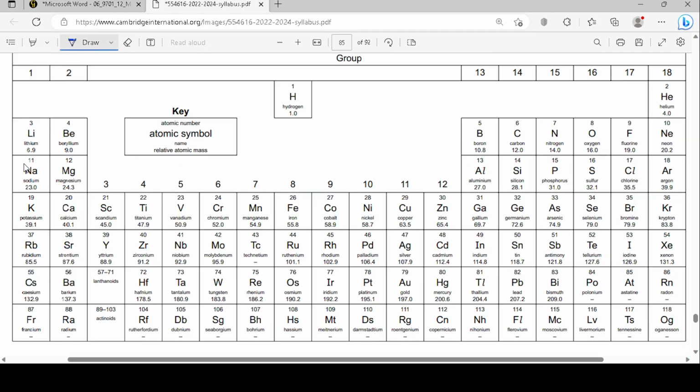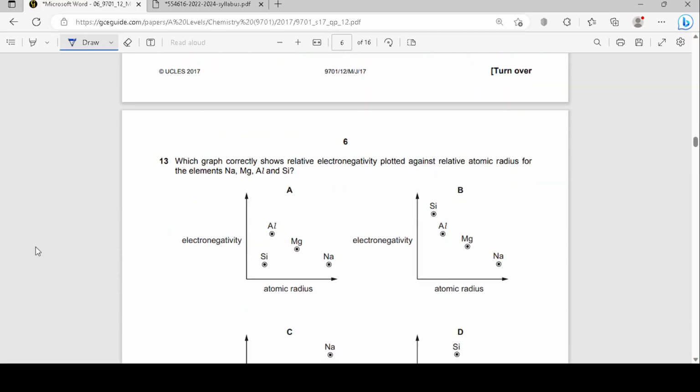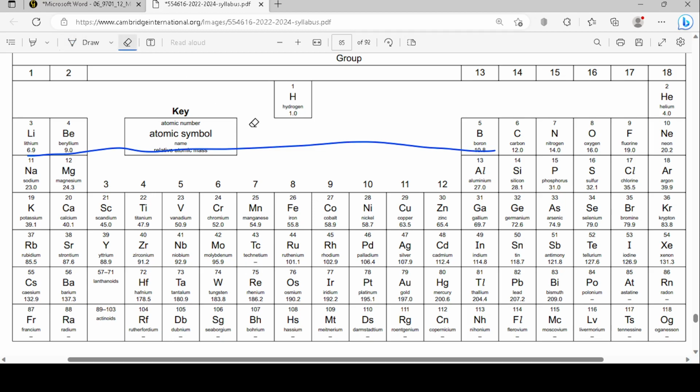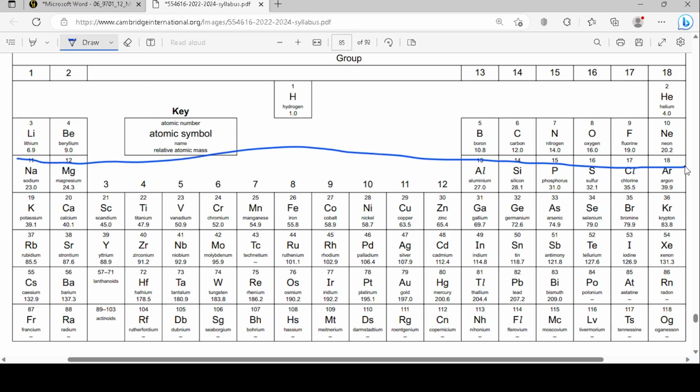So from sodium to magnesium to aluminum to silicon, phosphorus, sulfur, argon, the number of shells remains the same, right? So shielding effect is fairly similar, and even the atomic radius, like from what we learned in the last question, just decreases slightly. But the main thing is that the proton number is increasing, from 11 to 12, 13, 14, 15, 16, 17. And because the proton number is increasing, the nuclear charge increases, and